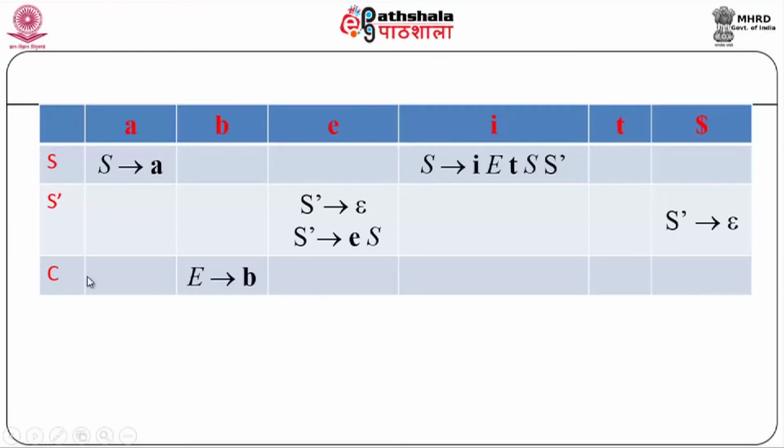First of C is actually B, that is, E is actually expression, and expression and condition are exactly the same. So E produces B basically gets here, and at the intersection of S dash and E, you add S dash produces ES. Now, the first of S dash also has an epsilon value. So, we resort to the follow of S dash, which consists of E comma dollar. Therefore, at the intersection of S dash and E, and S dash and dollar, we add the productions S dash produces epsilon. So, this is a problem with this grammar, that there are multiple entries in the parsing table. We will come back to that in the error recovery module.